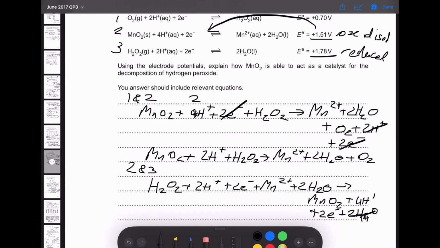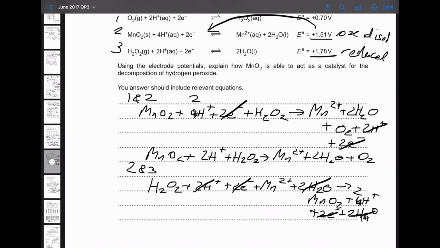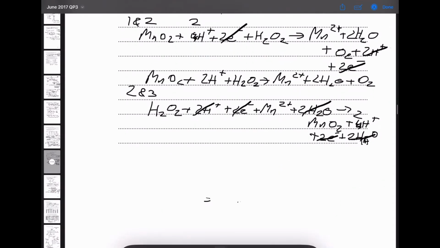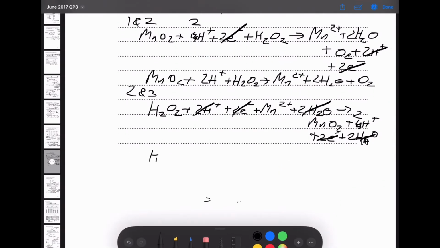Well, cancel out waters, cancel out the electrons, and cancel out 2 hydrogens from this side, so that leaves us with 2 on that side, and then make it a nice neat one, H2O2 plus Mn2+ gives us